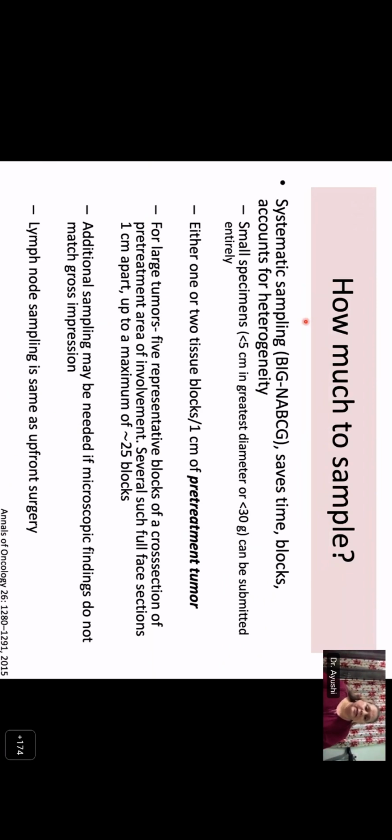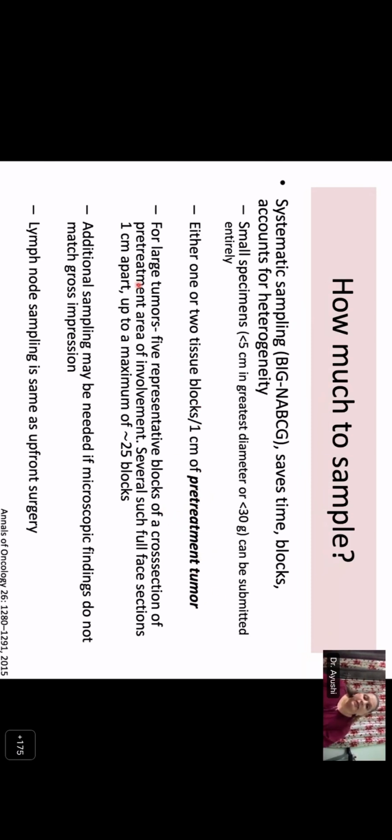This kind of sampling in the grid fashion is recommended by the NABCG group because it saves time, saves blocks, and accounts for the heterogeneity of the tumor response. When it is a small specimen, less than 5 centimeters in size, it can be submitted entirely. However, the criterion given is that 1 to 2 tissue blocks should be given per centimeter of the pre-treatment tumor size, not the grossly identified size, not the post-treatment radiological size or clinical size, but the pre-treatment tumor size identified on radiology or clinically. We should give at least 1 to 2 tissue blocks per centimeter of this pre-treatment tumor